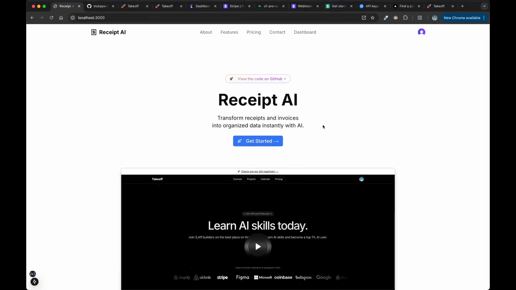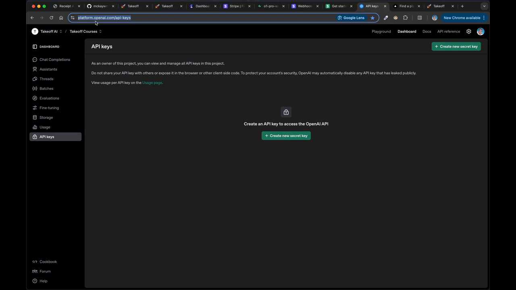Getting an OpenAI API key is actually super easy. All you're going to need to do is go to platform.openai.com/API-keys. Okay, we'll have a link, of course. And once you sign up for the API, what you're going to need to do is